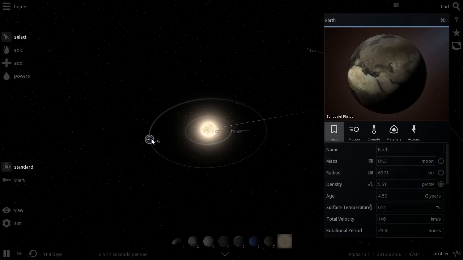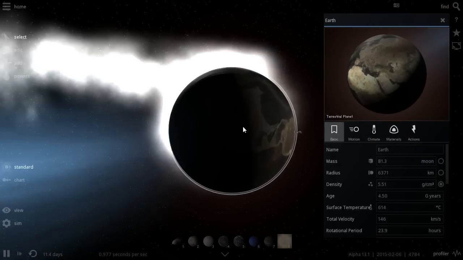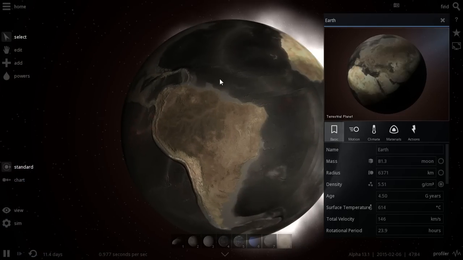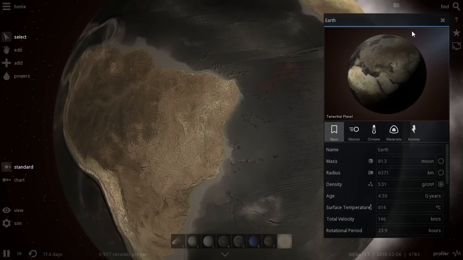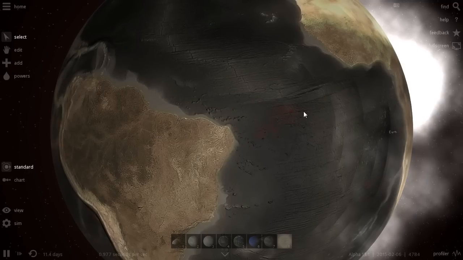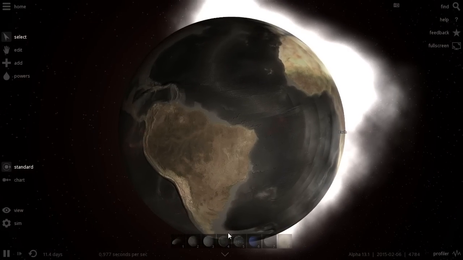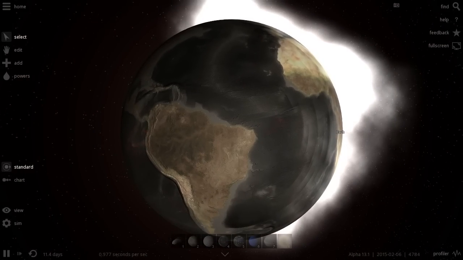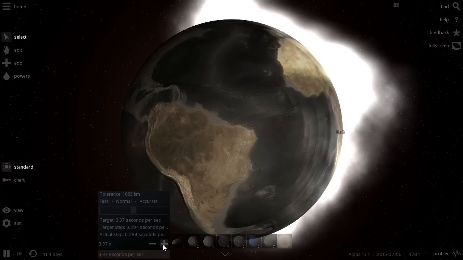Earth number 3, and look at that. Look at this beauty. 600 degrees Celsius. But look at what you can actually see on it. You can see almost every continent. So essentially, the only thing it's missing, and there's some lava right here, I think, the only thing that it's missing is water. There's no water here because it's too hot for water to form. So let's just accelerate time, so you can see